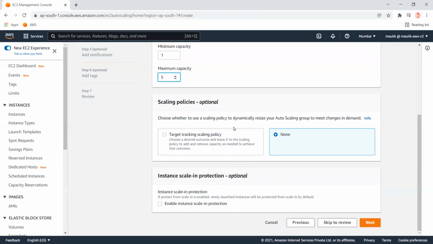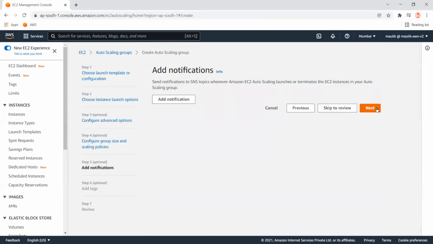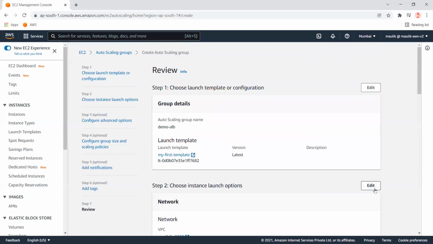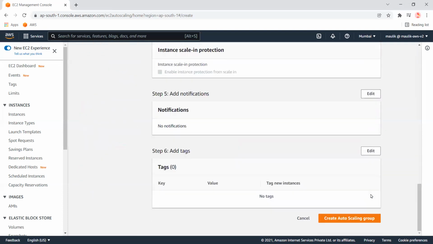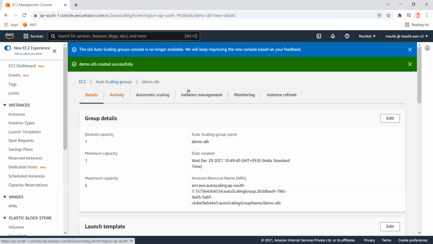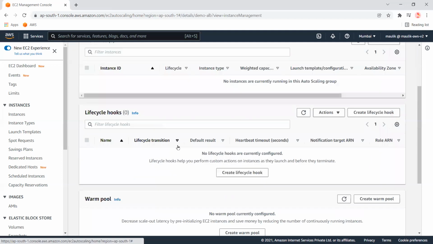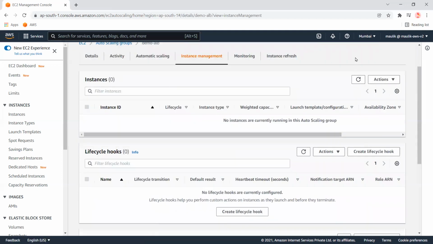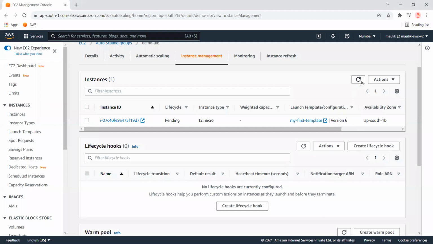As of now, I am not creating any scaling policy, so it will be as it is by default. Click next. It will launch 1 instance by default. I am just pausing the video. You can see a new instance has been launched.